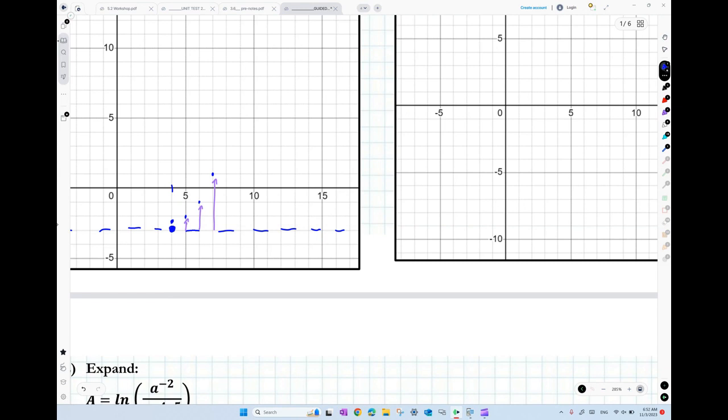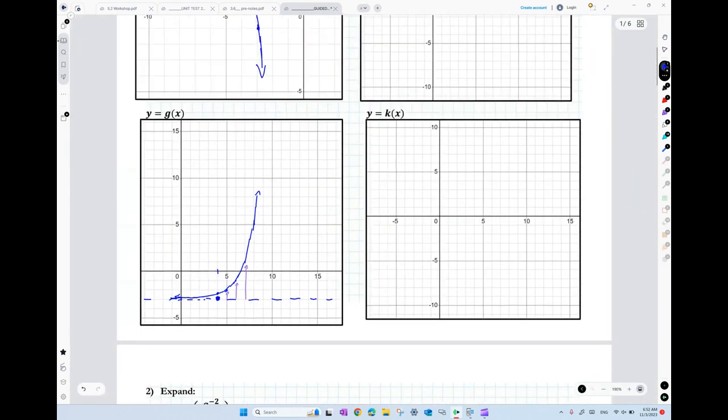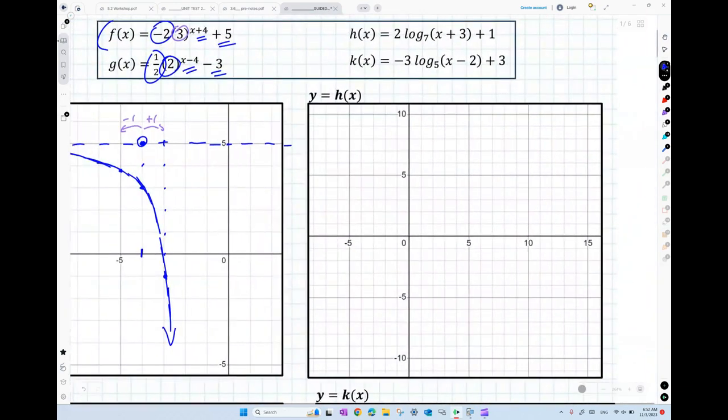So I will have something like that. And then I'll have 8. For h, h of x, the new point of reference would be -3, 1. It's a logarithmic